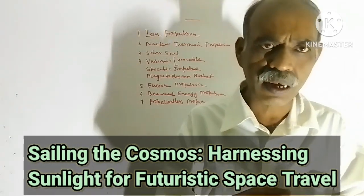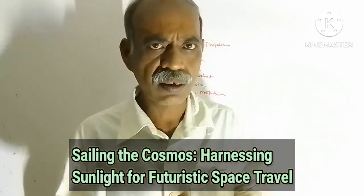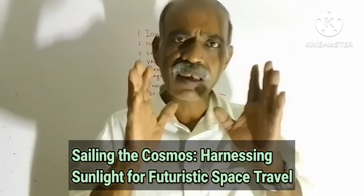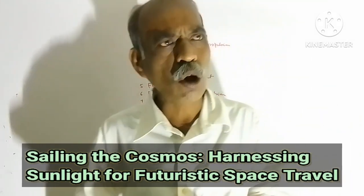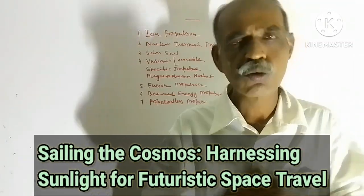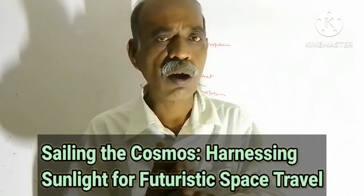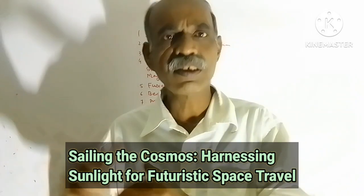Already NASA has made certain attempts using this solar cell concept. You know, solar cells on boats moving on rivers, on water. Cells are used here for spacecraft. Normally the cells are made of aluminium, mylar, lightweight materials, which are required to reduce the payload of the spacecraft. Lightweight materials are required, and the next thing is a large surface area is required to use